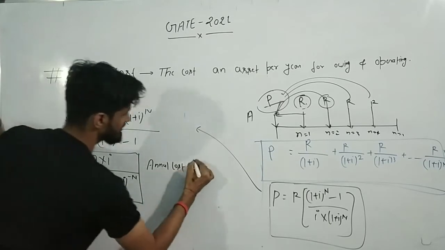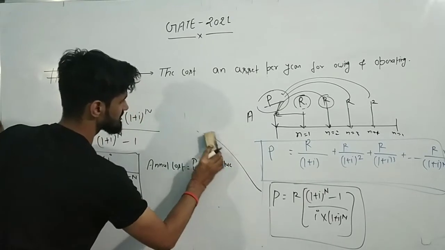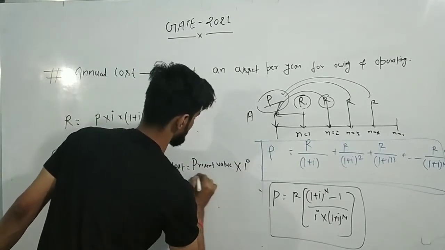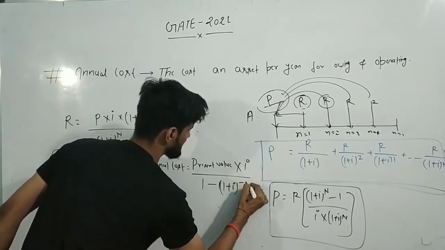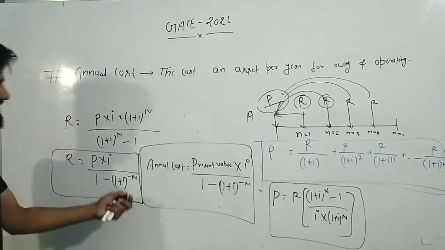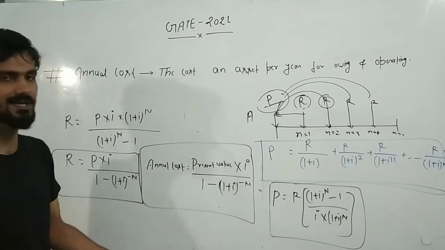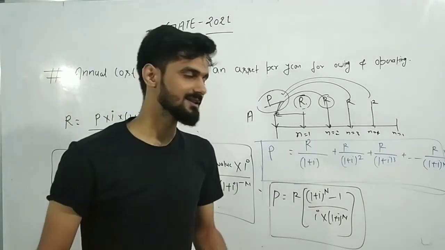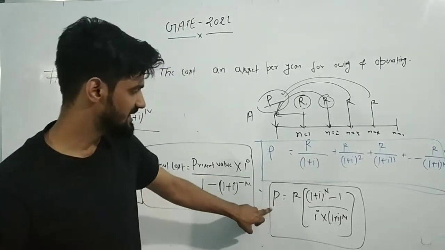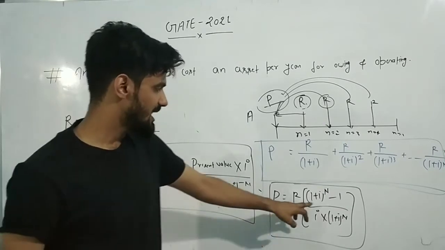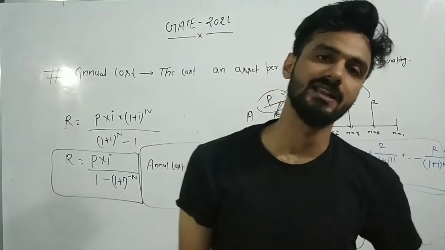is equal to present value. Annual cost is equal to present value multiplied with rate of interest upon 1 minus (1 plus i) whole power minus n. So sometimes it can be asked in the form of a formula in a multiple choice question, just like this value will be given or this value will be given. They will be asking what will be the annual cost of the asset if present value is P. Or if in the numerical they are giving the present value, a particular amount, rate of interest will be given, service life of that asset will be given, then you can calculate the annual cost of that asset for the particular year.